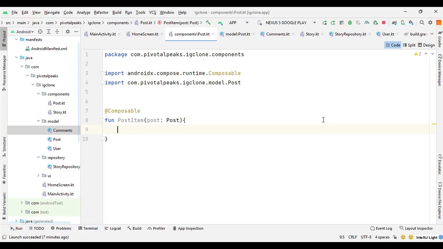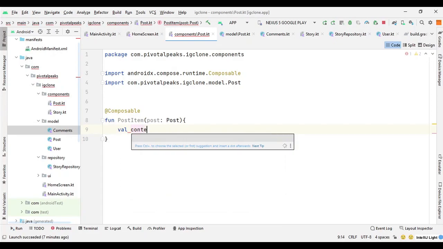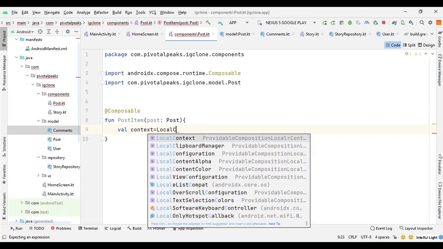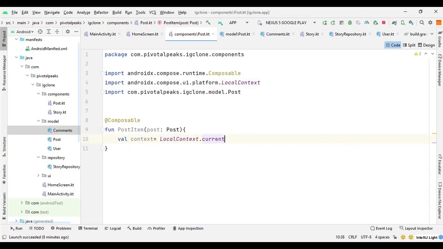So the first thing we need in this post item is the row of three items, that are the user image and username, and the three dotted line which have some additional functionality. We will also require context. So let's declare our context, local context dot current.